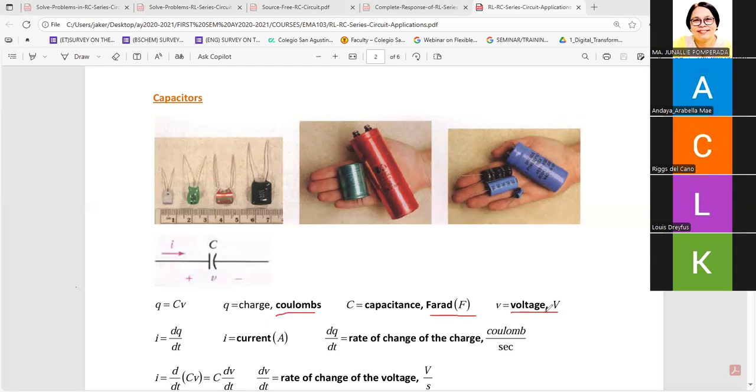still in volts. Okay? Now the rate of change of the current, or rather the rate of change this time of the charge in your capacitor over time. So I'm meaning the dq/dt is the current. So the current this time is the manner in which the charge in your capacitor changes over time. Now current is still in amperes, and the rate of change of the charge, which is the current, is actually having this basic unit of coulomb per second. So you can see here coulomb per second. So your current ampere is actually, in terms of the capacitor, coulomb per second.